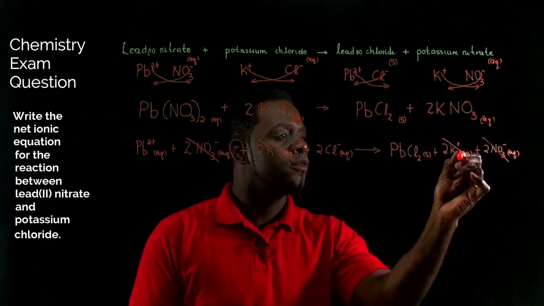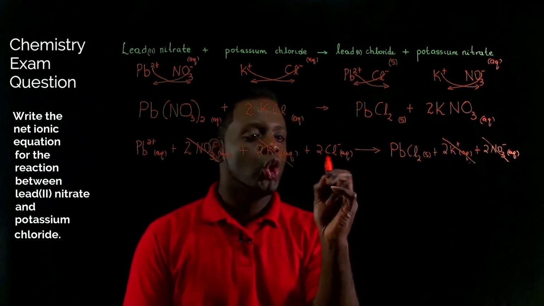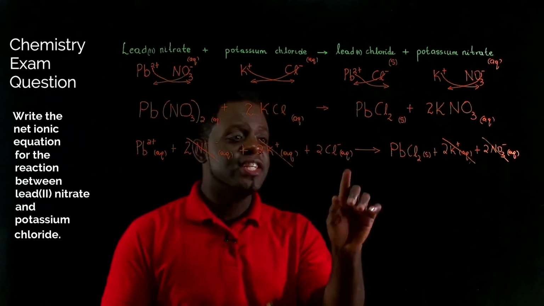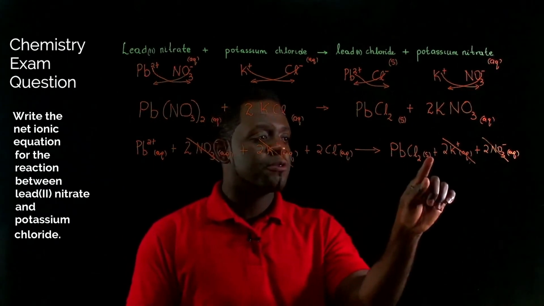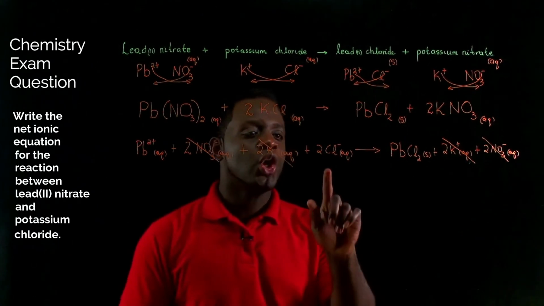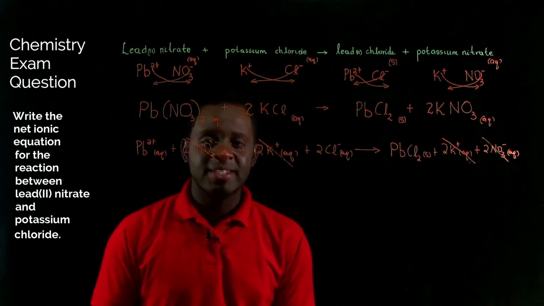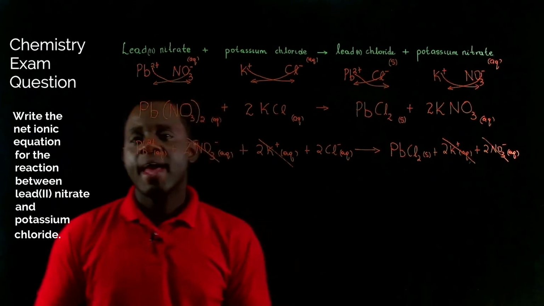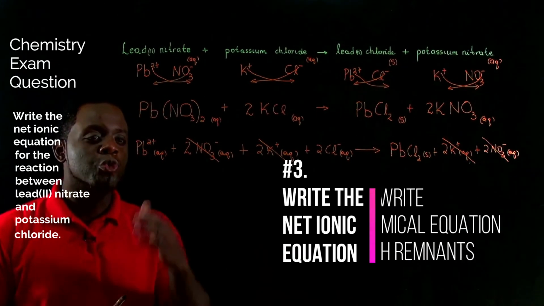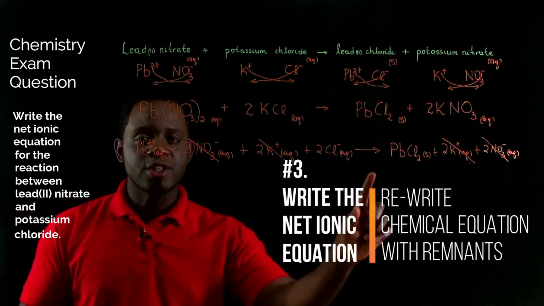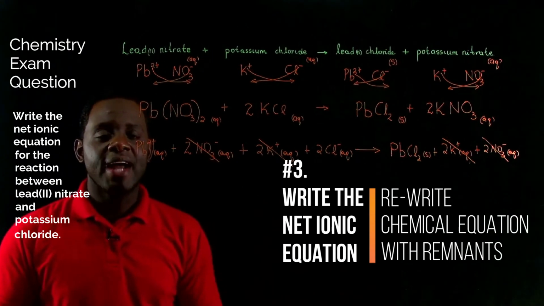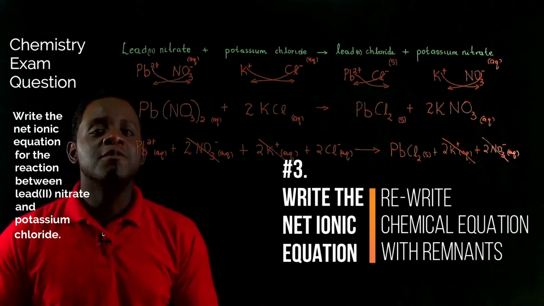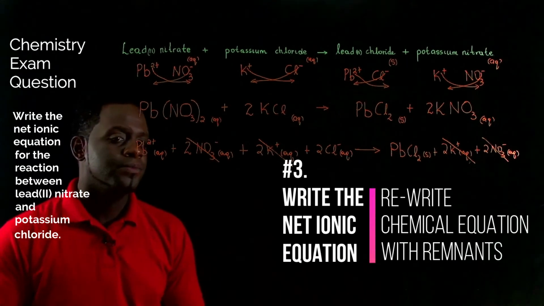And now for the last ion, the chloride ion. Right away we can see that there has been a change in state. On the left it's aqueous, on the right it is a solid. Therefore, the chloride ions are not spectator ions and they do not get eliminated. And now for our final step, where we rewrite the chemical equation with all the ions that have not been eliminated because they were not spectator ions. They were involved in the chemical reaction. So we are left with